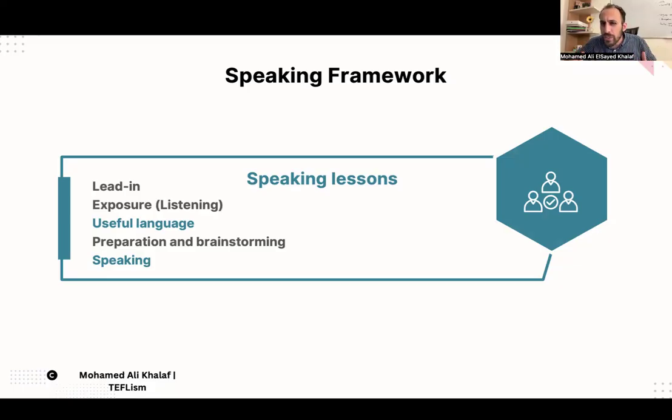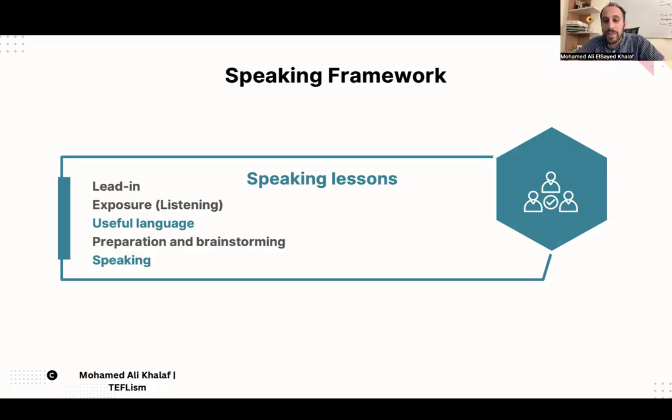So why are they listening to something like this? Because in the speaking stage towards the end, students will be doing the same: recommending, describing, and responding. Then you elicit the useful language needed for recommendation, description, and responding, and you clarify the use, pronunciation, and form.